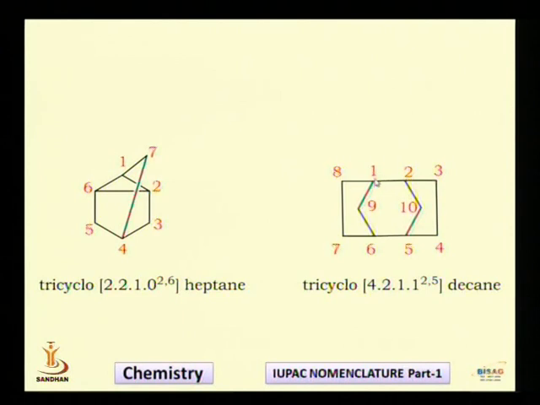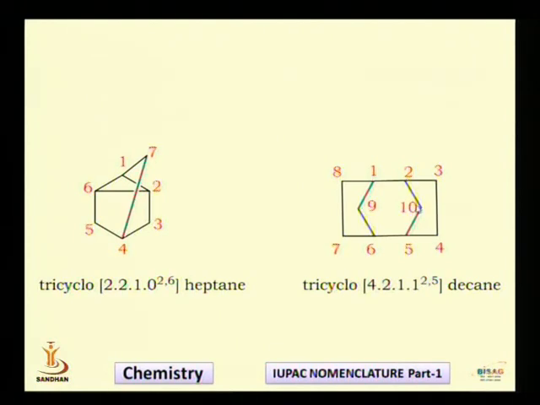So what you do is the numbering in the main cycle first, and after completion of the numbering in the main cycle, you have to do numbering on the principal bridge. So this is the numbering on the principal bridge. I will be numbering 9 to this carbon. Then after that you do numbering on the subsidiary bridge. So this is a subsidiary bridge. So I will finally do the numbering over here. So I have completed my numbering.